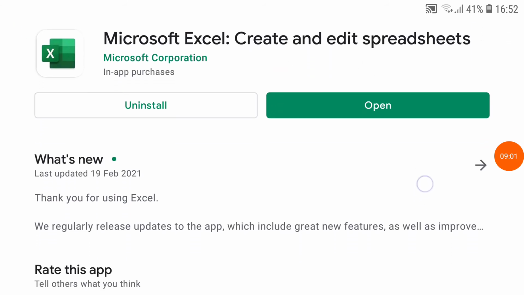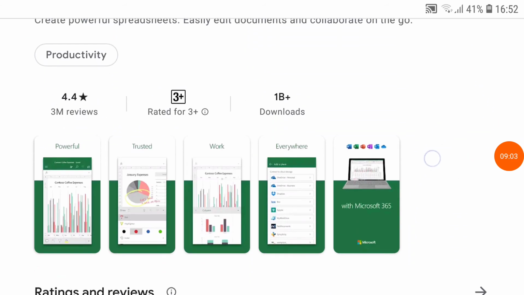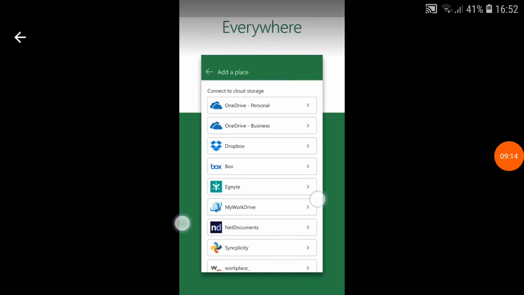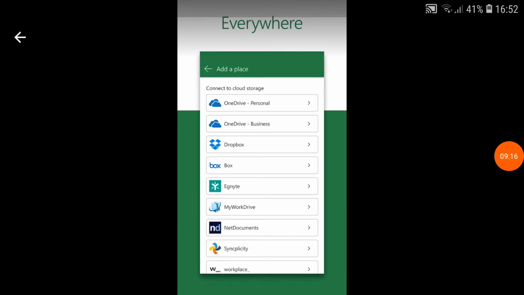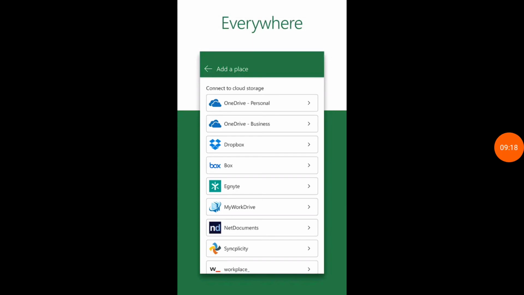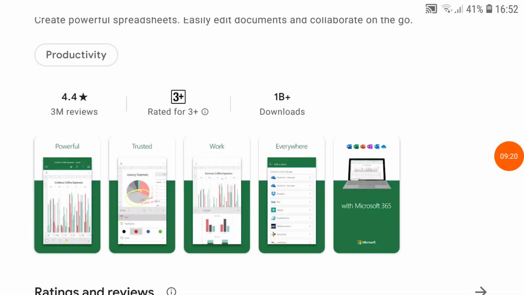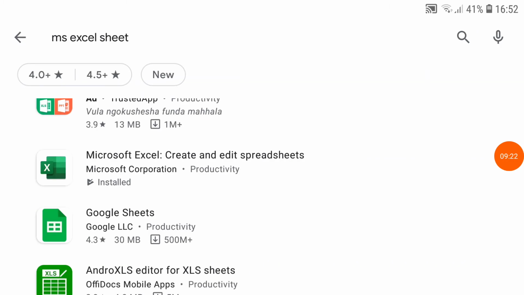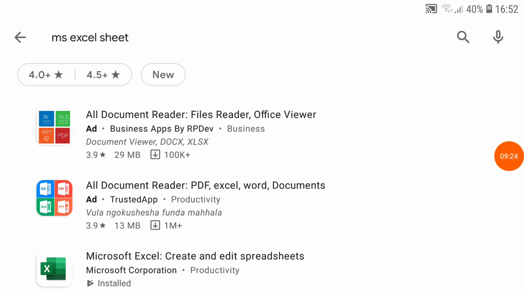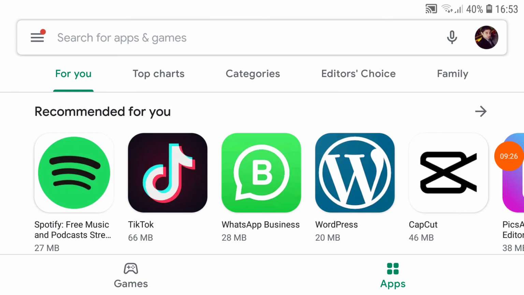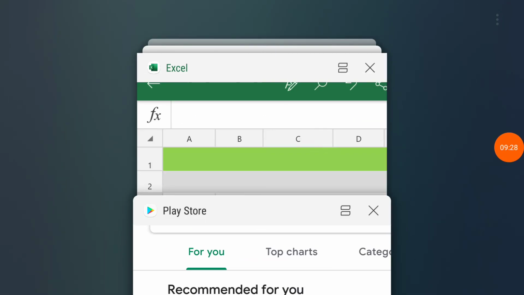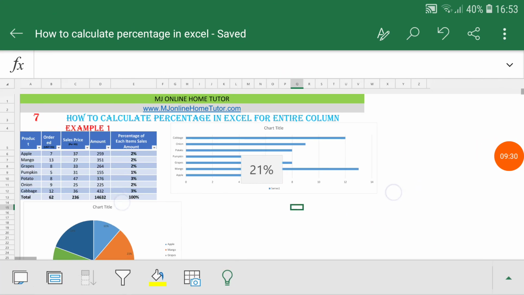You need to install this application, and you can create charts and do calculations. This is a Microsoft 365 application, so you can use Microsoft 365. Another option is the cloud option as well, so you can save your file in the cloud and use it anywhere you want, and you can share these files with the management or your bosses, or wherever you want to share, or if you want to submit a report anywhere. So this is the example.